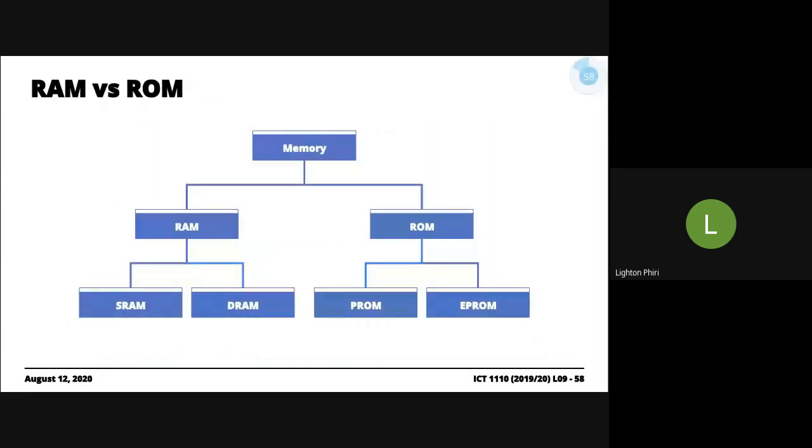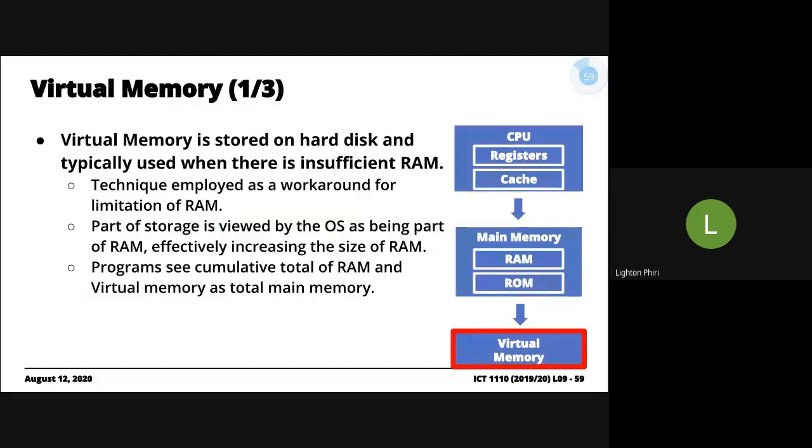Right, so a visual representation of the different classes of what we might call primary memory, right? So RAM, ROM, this is a sort of hierarchy that you have. Under RAM, you have SRAM and DRAM. Then ROM has different variations. So you have programmable ROM and erasable programmable ROM as well. All right, and then down the hierarchy of so-called primary memory is